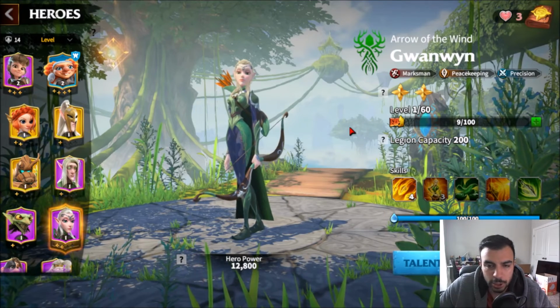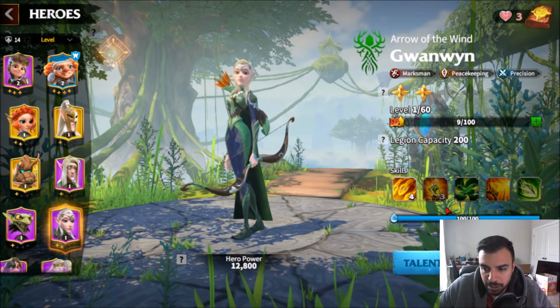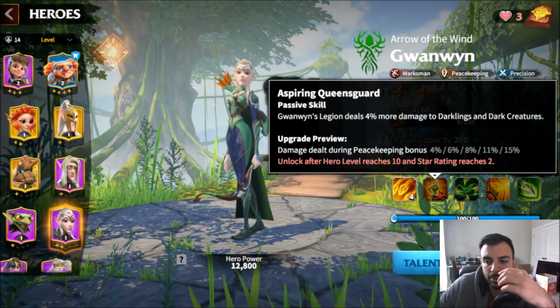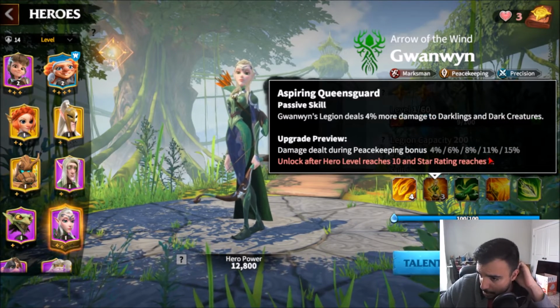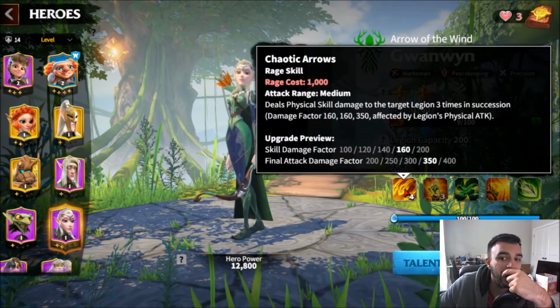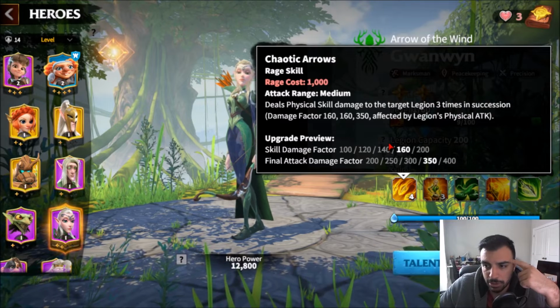So Gwanwyn, again, the Spring Warding, starting Peacekeeper, Marksman, and Precision. Very similar here with Gwanwyn. I have 2, 1, 4, 3. So I got 2, which is, again, for the Peacekeeping bonus, up to 50% for Darklings and Creatures. I got 1 here for the active skill, which is Chaotic Arrows, deals physical skill damage to the target legion